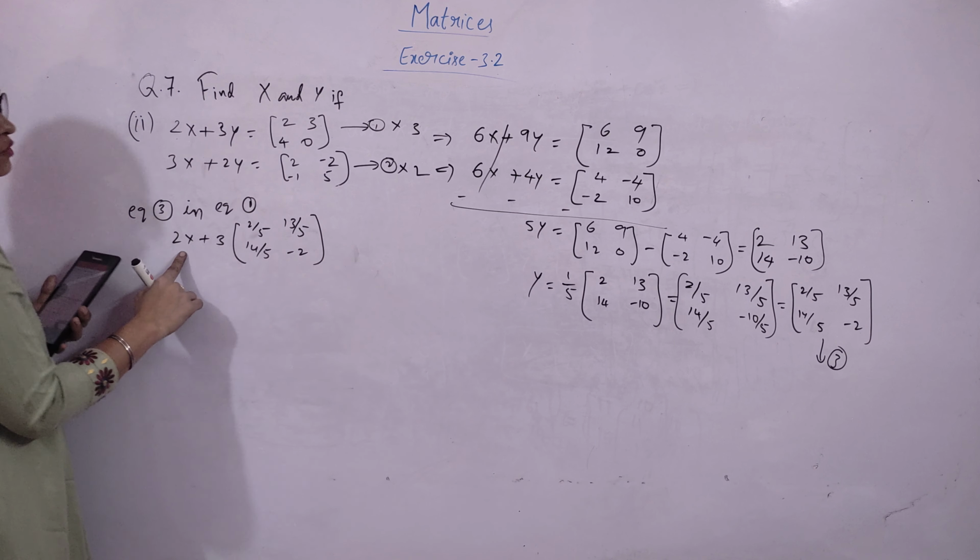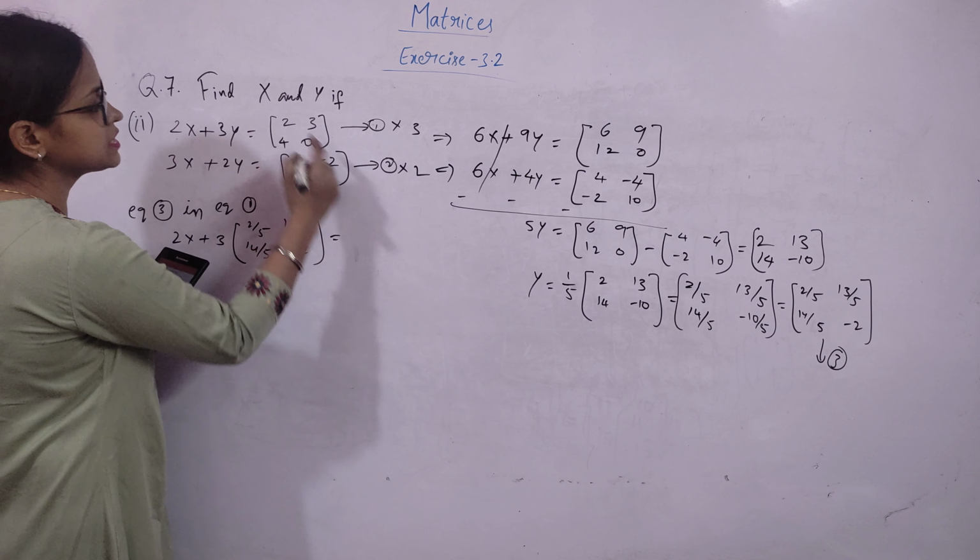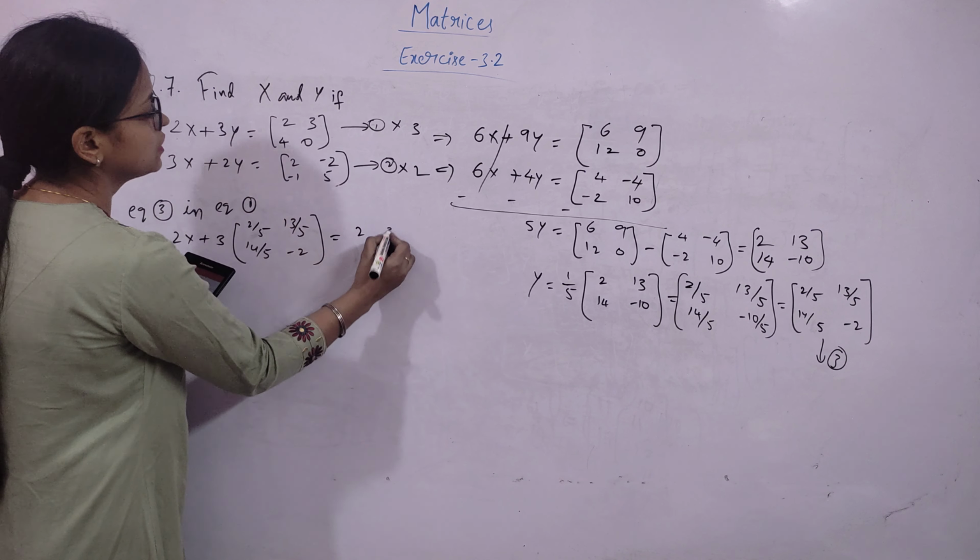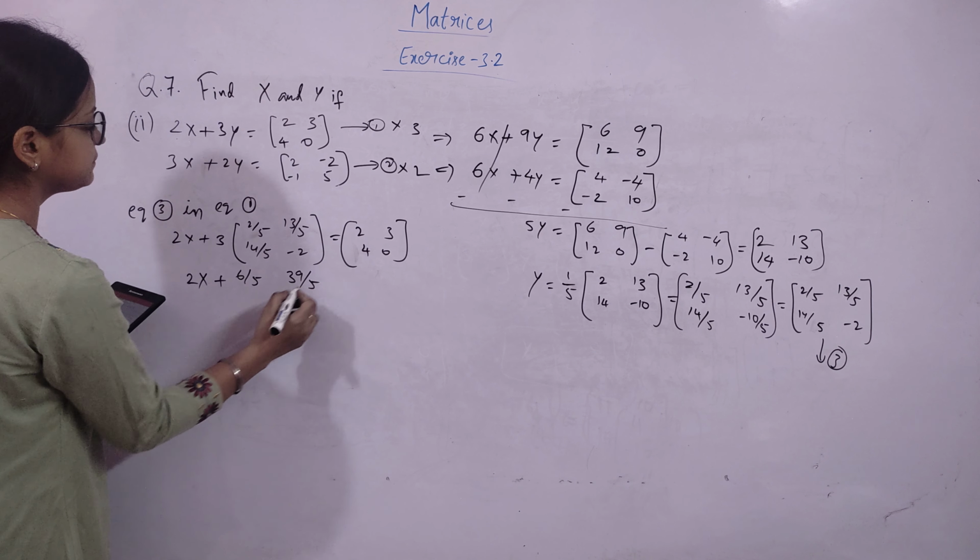So 2x plus 3y is equal to this matrix, 2 3 4 0. Now this is scalar multiplication, multiply all the elements. So we will get 2x plus 6 by 5, 39 by 5,